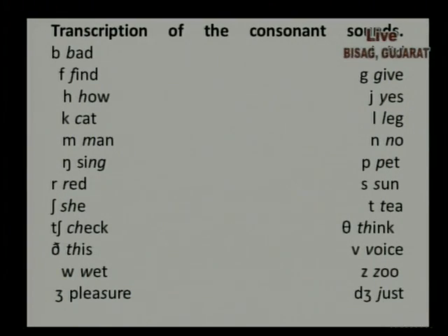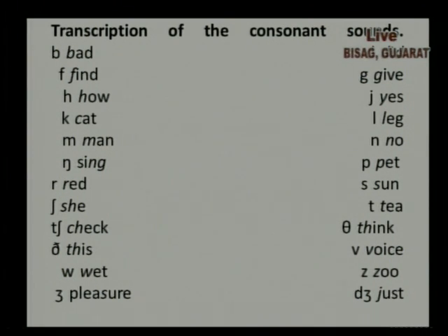Now we have the transcription of consonant sounds. Transcription is something which you will see in the dictionary, to know the correct pronunciation, to know whether you are pronouncing the word correctly or not. The transcription of consonant sounds is like this. For the sound b, the example given is bad, but we take the initial sound b. You write b the same way as in the lowercase alphabet, to represent the sound b in the word bad.